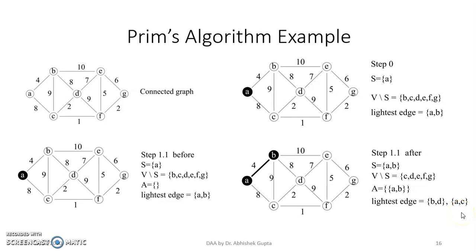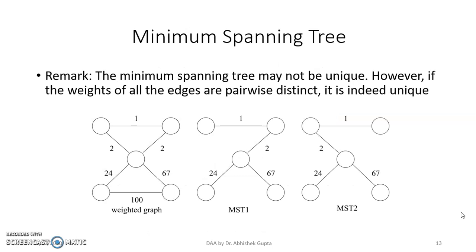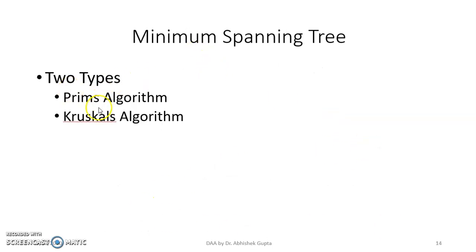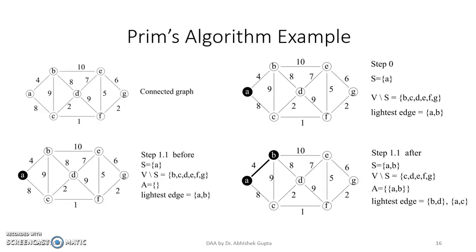In the previous class, we discussed the spanning tree and the minimum spanning tree. Now in this class I will explain how to make a spanning tree and how to make a minimum spanning tree, right? In the previous class I also discussed the two methods, the Prim's algorithm and the Kruskal algorithm, for making a minimum spanning tree. So in this lecture I will explain the Prim's algorithm, right? I will explain it through one example so that it will make things clear.